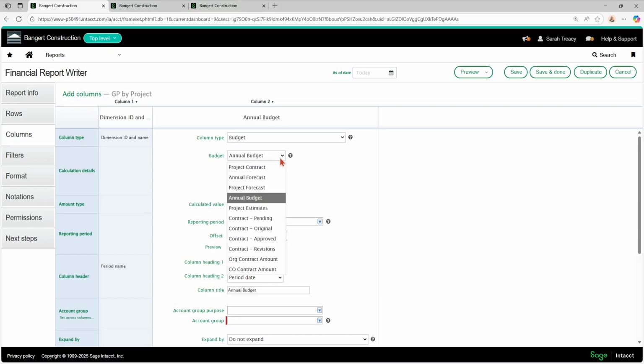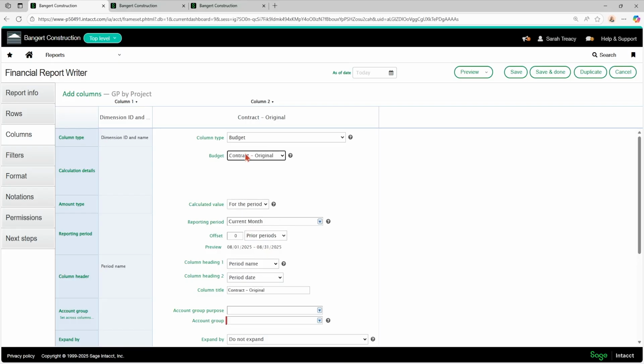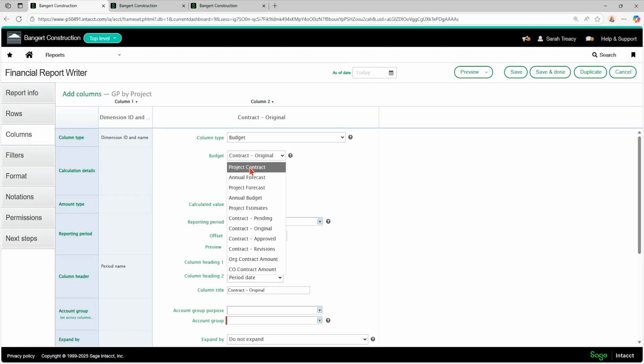And for you, you may just have project contract. But for me, I'm going to choose contract original because that's what I'm actually posting my GL budgets to. So contract original, but for you, it's probably going to be just called project contract or whatever budget it is that you want to pull in to the report.